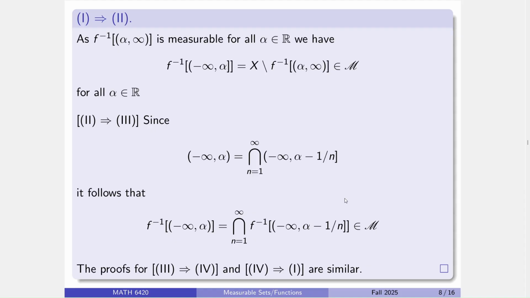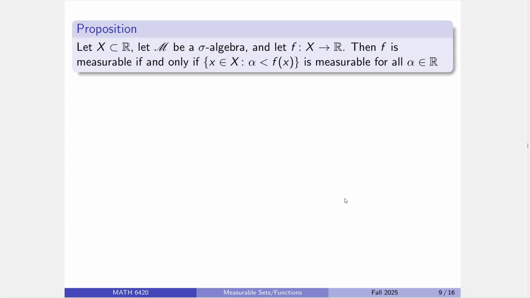Alright, so now that we know that the inverse image of open and closed rays will be measurable precisely if any specific type is measurable, we'll now get the classic criterion for a function to be measurable, which is that the inverse image of any open ray is measurable. So now note here the key difference. Continuous functions required every open set. Measurable requires a specific open set. It requires the open rays.